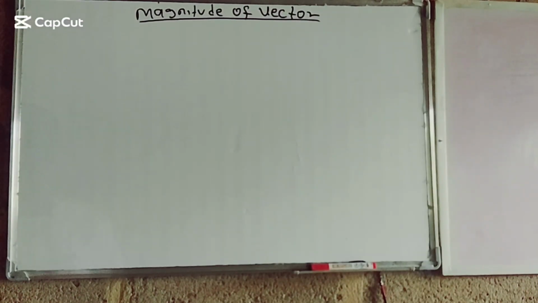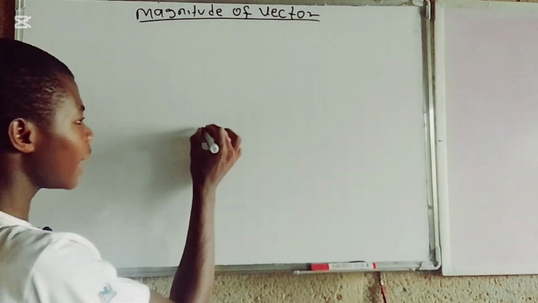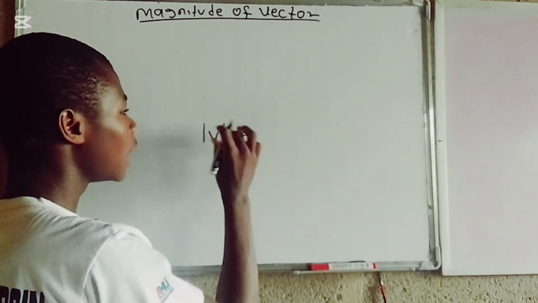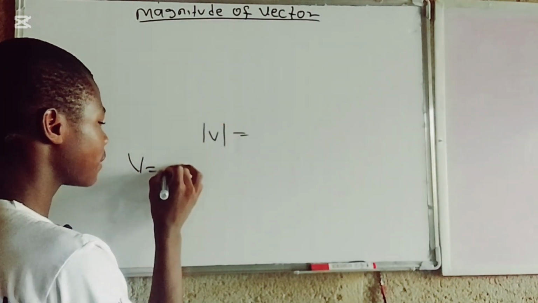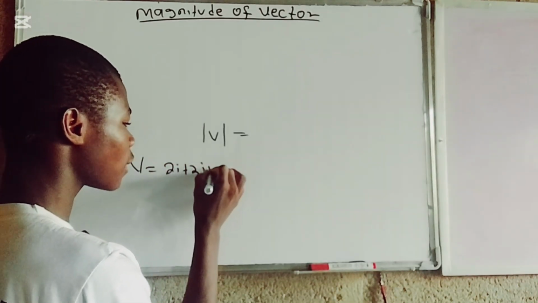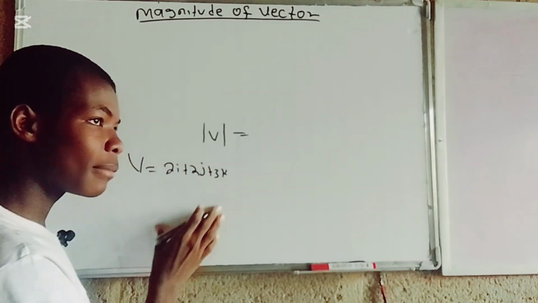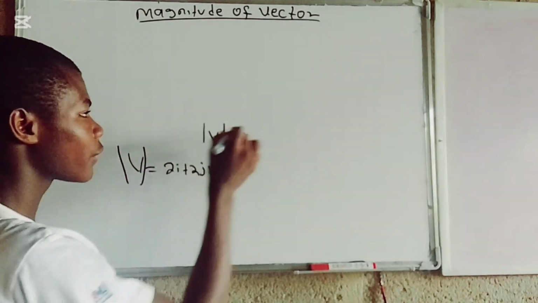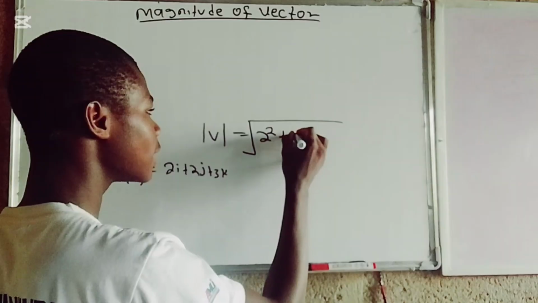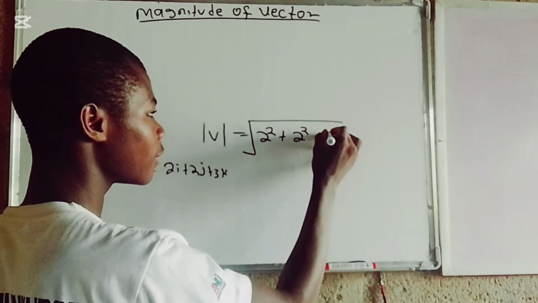Magnitude of a vector. So what is the magnitude of a vector? If I say find the magnitude of any vector, let's say vector v, where v is the same thing as 2i plus 2j plus 3k. The magnitude of this vector should be equal to the square root of 2 squared plus 2 squared plus